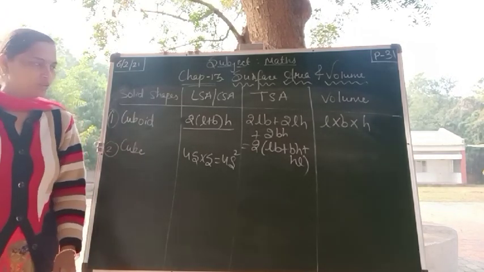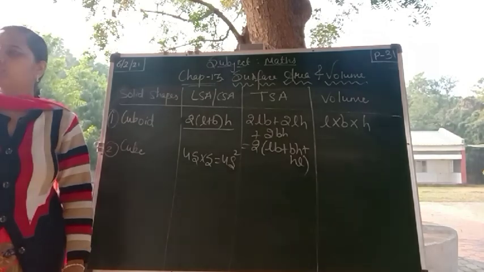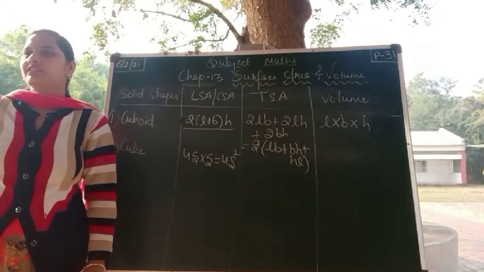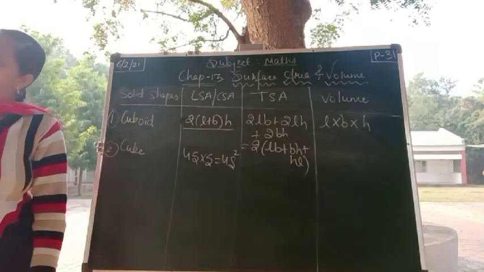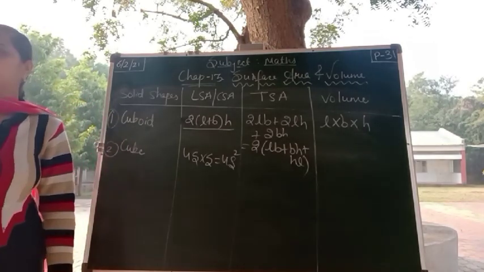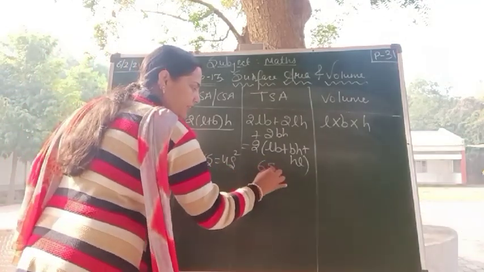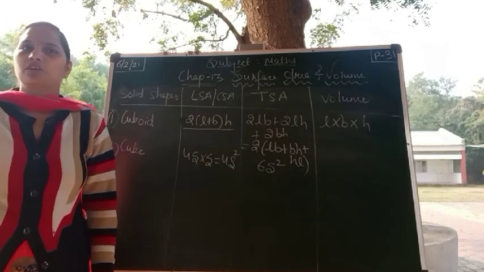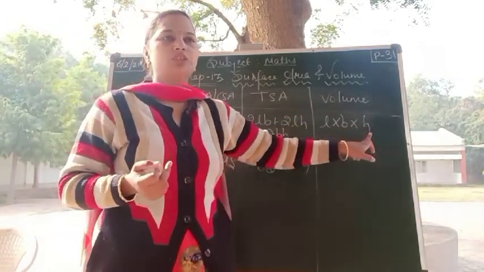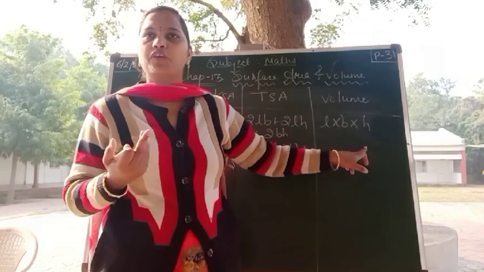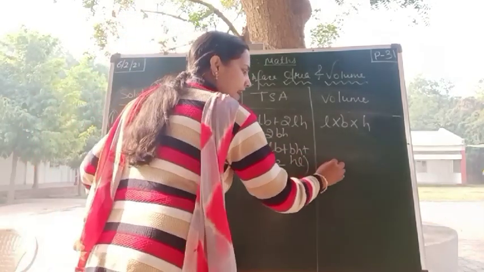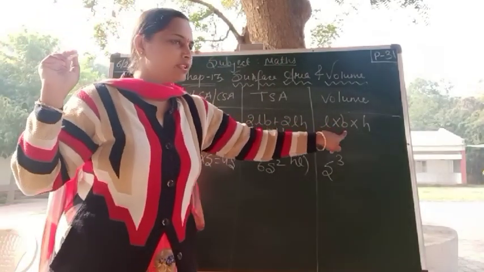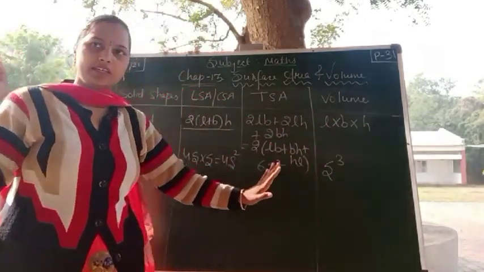Sachin, clear? Okay, now tell me the total surface area. Sachin will tell. 4 side squares. Now the top one is again side square, the bottom one is again side square. Total is 6 side square. Done. Very good. Now next, volume is side cube, because it is length into breadth into height, but length, breadth and height are all the same measurement. Therefore side into side into side, side cube. Clear? Cube is clear?